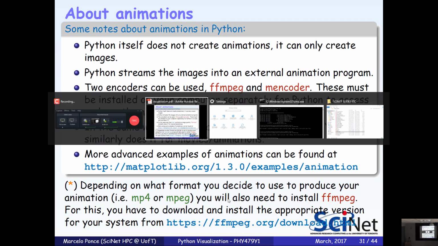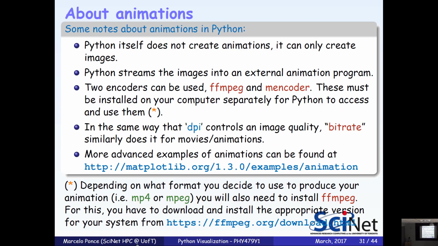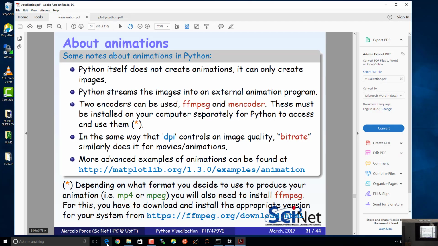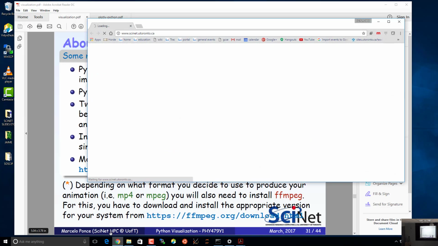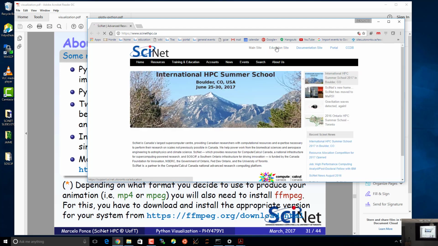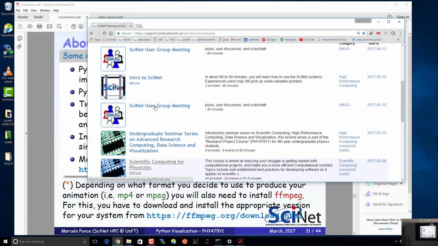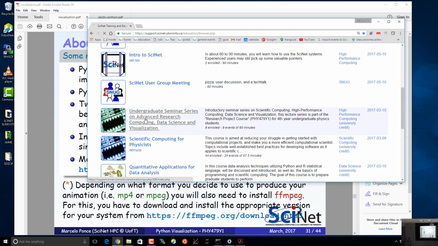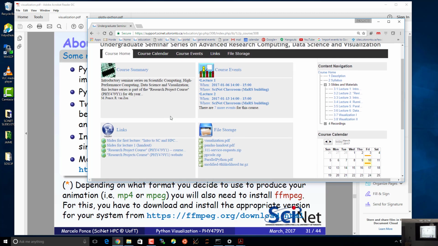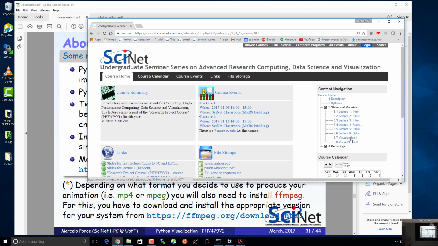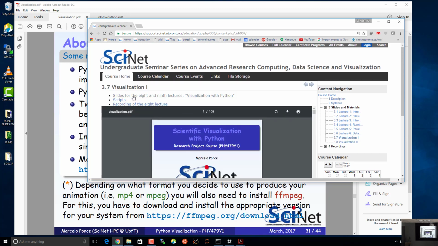So first of all, I put in the website most of the scripts that we saw last time for visualization. So now if you go to 3.7 visualization 1, there is a link here that says scripts. Most of the scripts that we saw last class and some of the ones that we are going to see today are there. That may take us like 15-20 minutes,